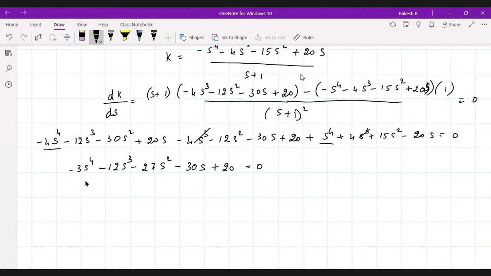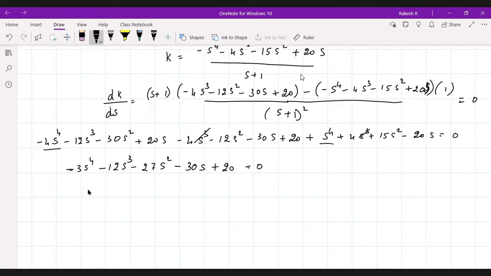For this, what you need to do is find the roots of this one. I'll write it in positive terms. If you want, you can write in terms of positive, or you can keep it as it is. How to find the roots of this one? Fourth root. Guys, please tell me how to find the fourth root of this equation.